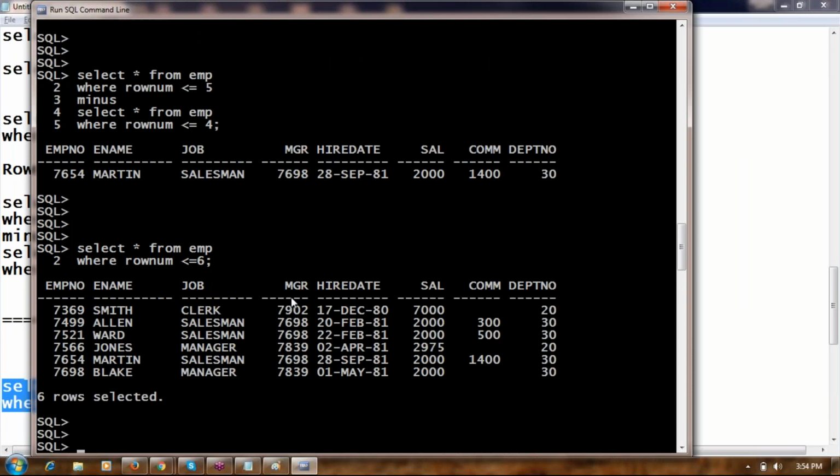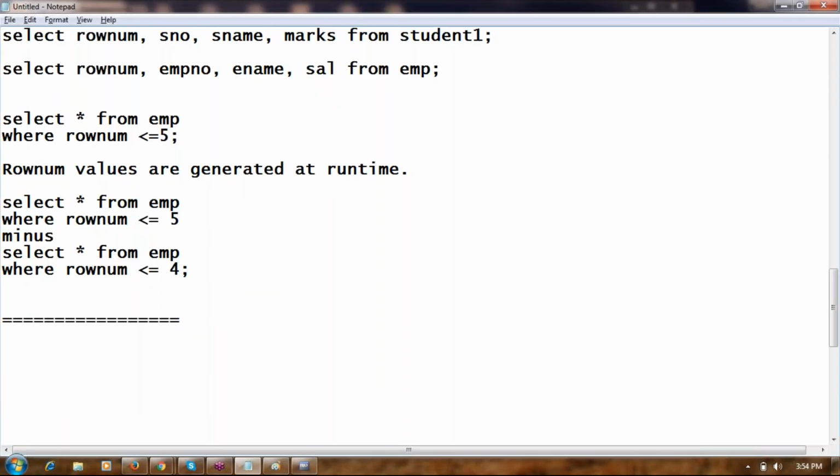If you want the 6th row displayed, row num less than or equal to 6 minus row num less than or equal to 5 will give you the 6th row. Clear? Like this, you can use the row num pseudo column as well as set operators to get the nth row of the table. This is about the row num pseudo column.